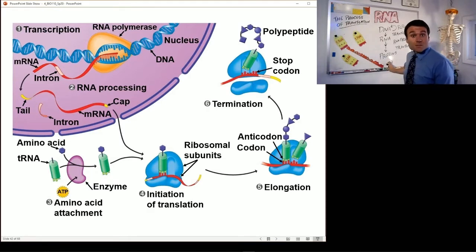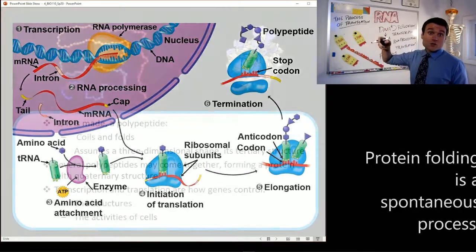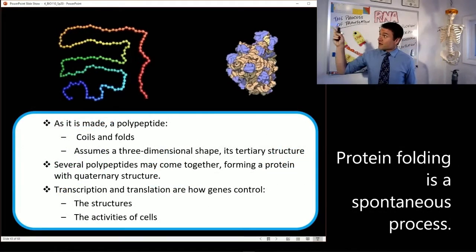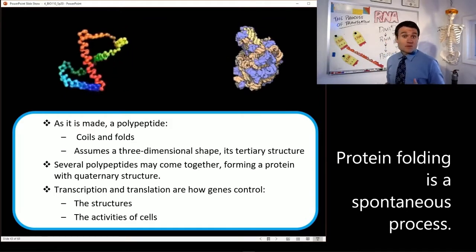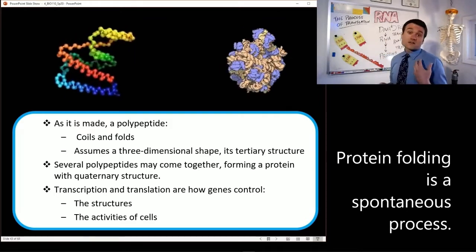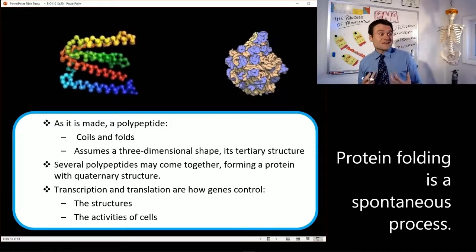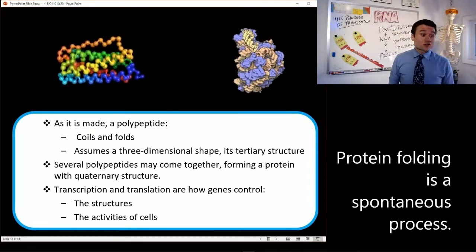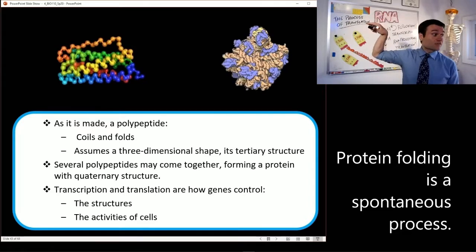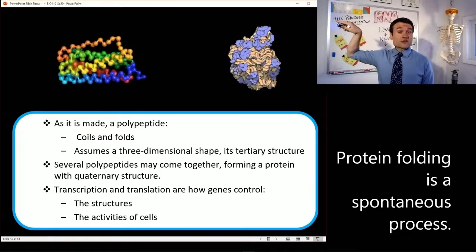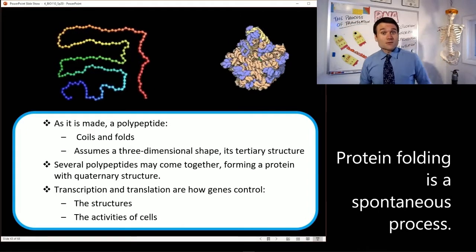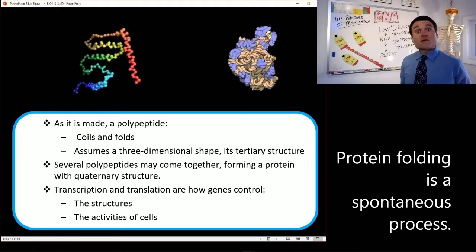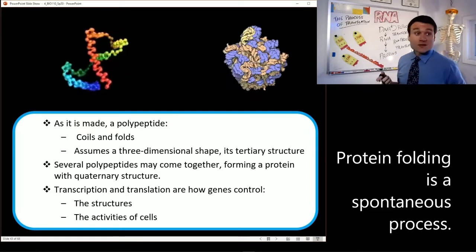The finished polypeptide is then sent to the Golgi apparatus where we're going to get some folding done. The finished polypeptide is going to change its shape, it's going to snake around, it's going to fold, it's going to twist until you get the final 3D structure of a protein. Right next to me here, floating up and down and twisting around, we have a globular protein. Some enzymes are globular proteins. So this might be what the final finished product would ultimately look like.